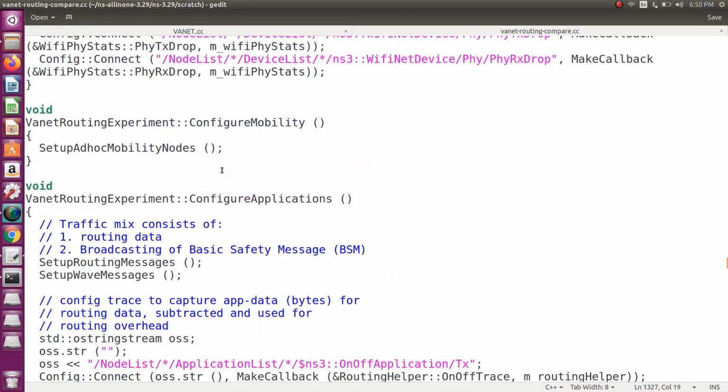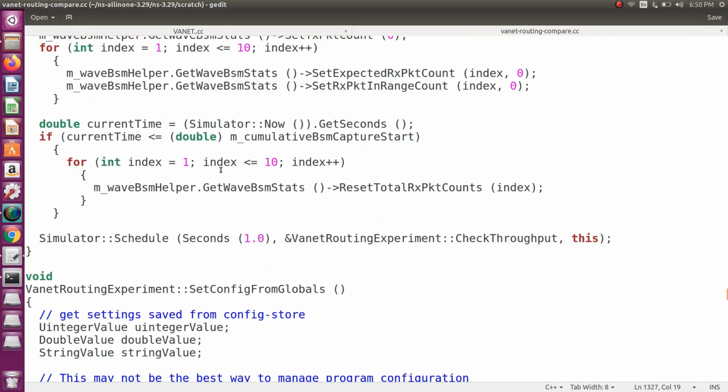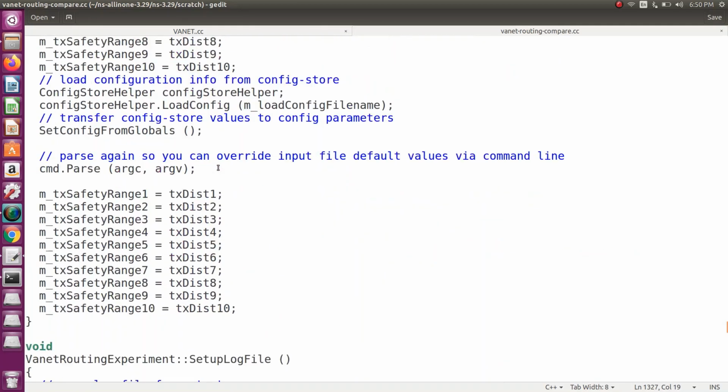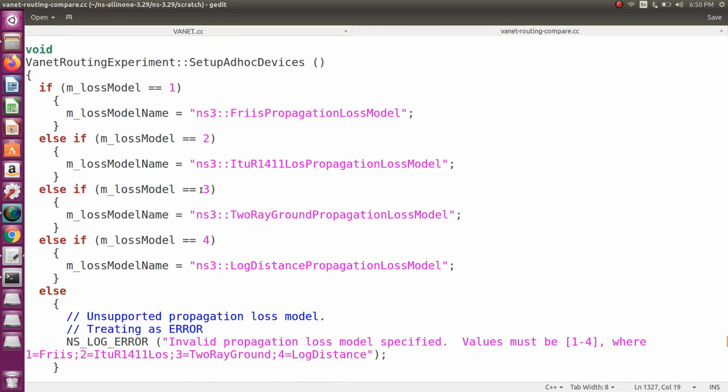Propagation loss model 3 means the default model, the two-ray ground propagation loss model. 1 means free-space propagation loss model, 2 means ITU, 3 means two-ray, and 4 means log distance propagation.